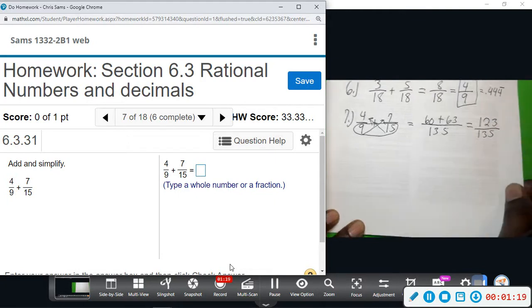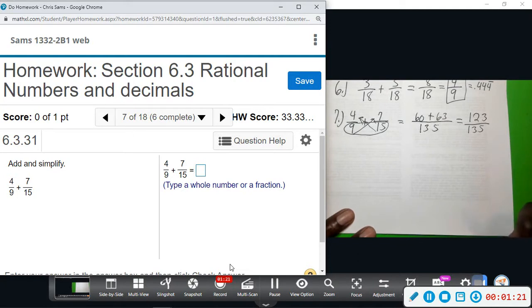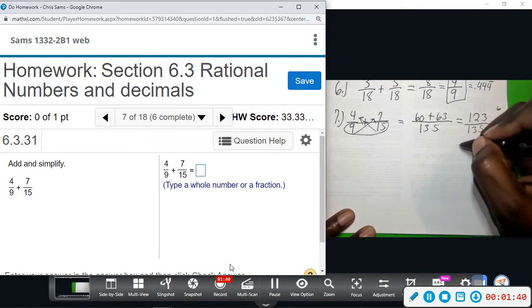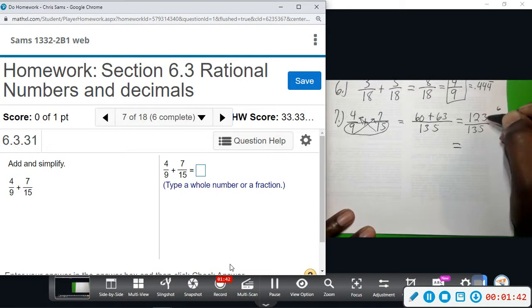Alright, so earlier we learned divisibility rules. If I add up 1 plus 2 plus 3, that gives me 6. This is divisible by 3. And if I add up 1 plus 3 plus 5, that gives me 9, and 9 is divisible by 3. So I know that both these numbers are divisible by 3. So when I go to reduce them, divide by 3,